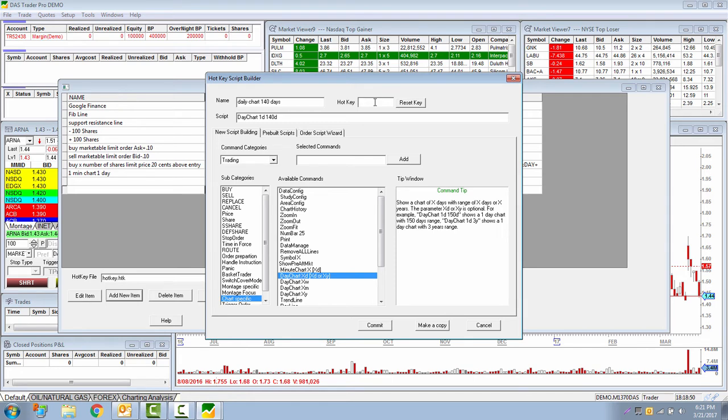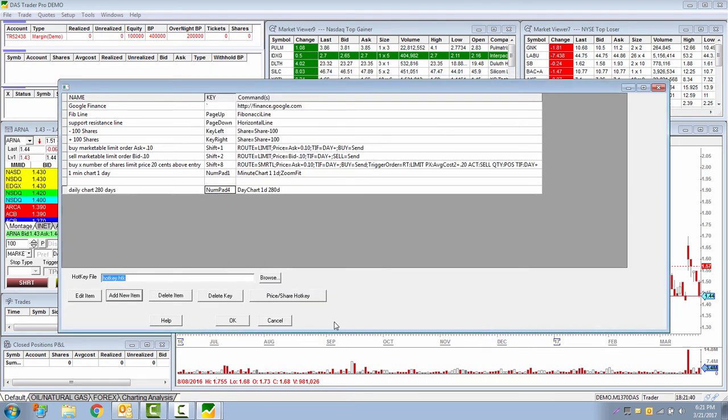Okay, and then this one, because I know 2 I'm going to set for 5 minute, 3 I'm going to set for the 1 hour 60 minute, and 4 I'll just do for the daily, and then I'll just put number 4 there. Click commit, and excuse me, I'm going to double this to 280, and I'll show you why. Because the 12 hour will be set on 140. The 12 hour is nice